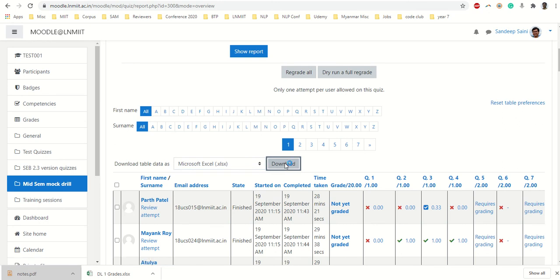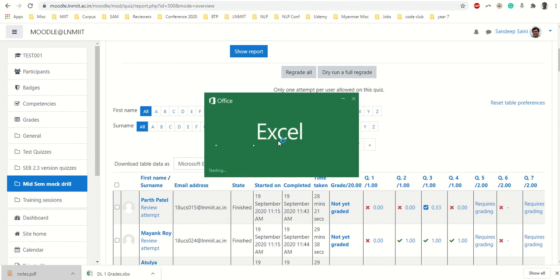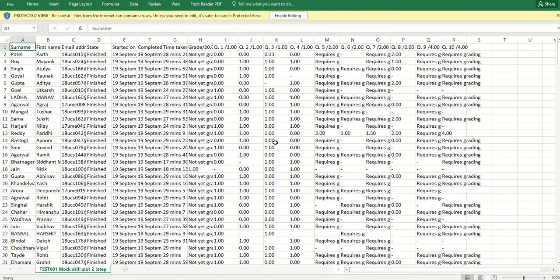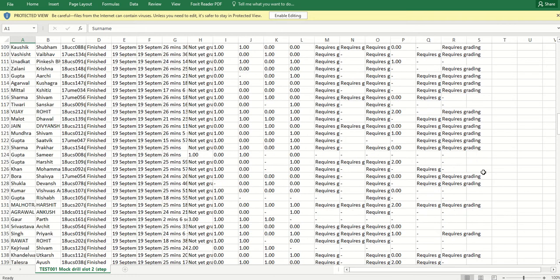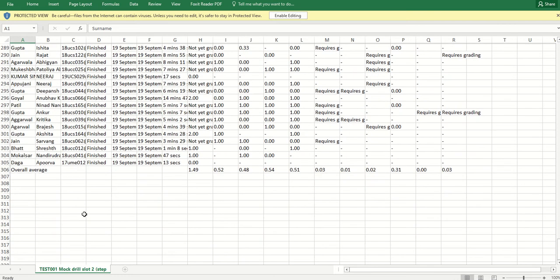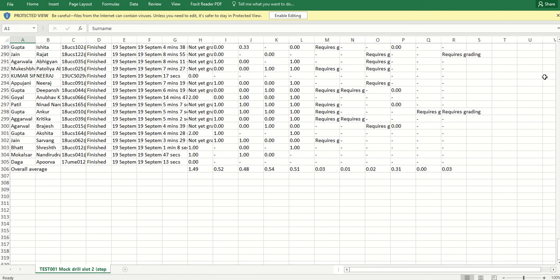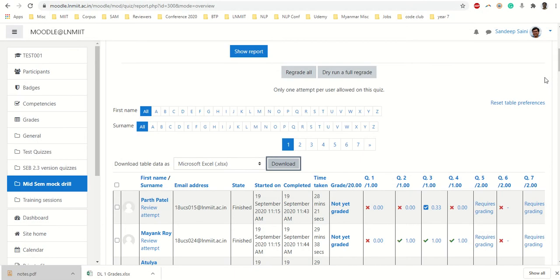But if you download this one, let me download. I am downloading on desktop, and let me open this. So in this course there are 1700 students, and when I downloaded the PDF or the Excel file, I got only the 305 entries, those who have attempted this quiz. But what is the issue with our mid-semester exam? If I have a course of 250 students, maybe 220 have given the test using step 9, and remaining 25 or 30 have given using step 10. So you can download these two Excel files separately, one from step 9, one from step 10.